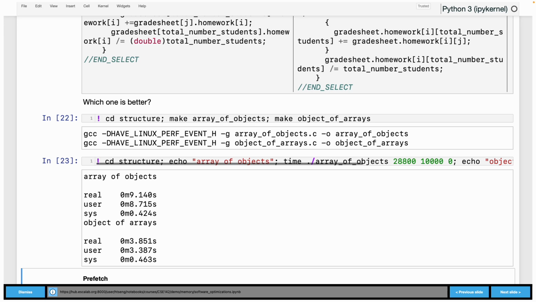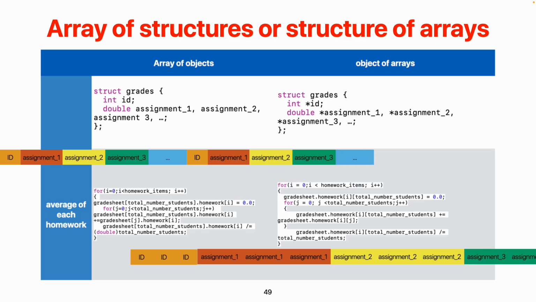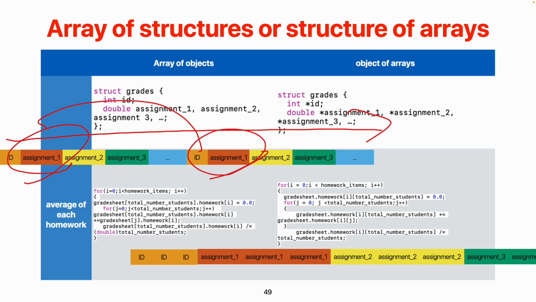Does that surprise you? Right? So here is another visualization. If you think about the left-hand side, your data layout is pretty much like this. Assume this is your memory address space. When you are trying to count the average of assignments, you are picking this one, and then you go to this one. So assuming this is a cache block,